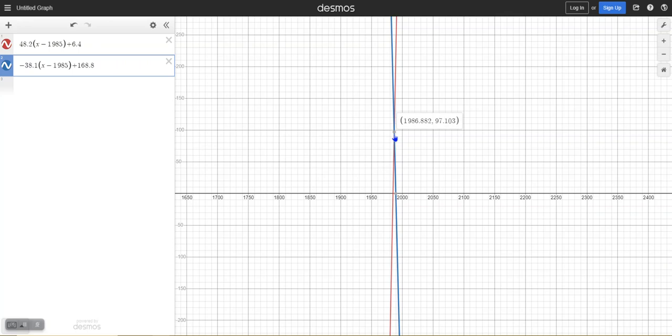Look at the input of your equations. The input of your equations was the number of years. So in the year 1986, like 0.8, almost 0.9 of the way through, so we're talking like late November, right around Thanksgiving time probably. In 1986, record and CD sales were equal at 97.103 million copies. There were no downloads back then. What am I talking about? Copies sold. After that, CD sales were more and